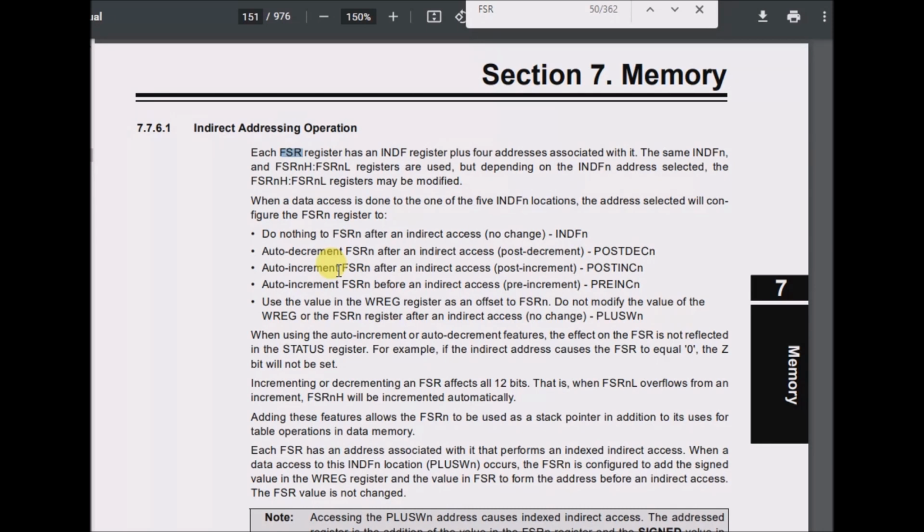Each FSR register has an INDF register plus 4 addresses associated with it. The names INDFn and FSRnH, FSRnL registers are used, but depending on the INDFn address selected, the FSRn high and FSRn low byte registers may be modified. When a data access is done to one of the 5 INDF locations, the address selected will configure the